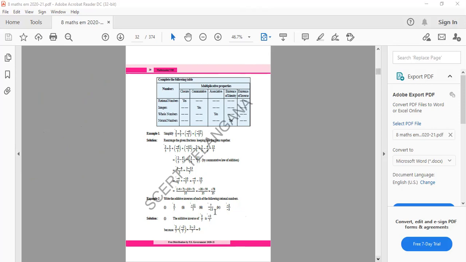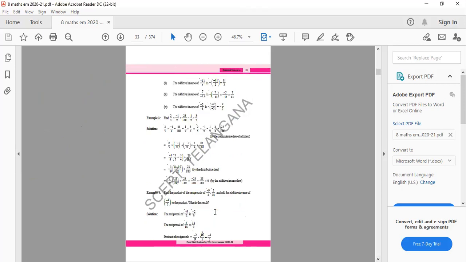The second question is clear. Now the third one is to find this multiplication. You know how to multiply, right? First you multiply these two. The third question, third example. First you need to multiply these two. After this you add with this. You'll get it. Then after minus you can do. Am I clear or not?